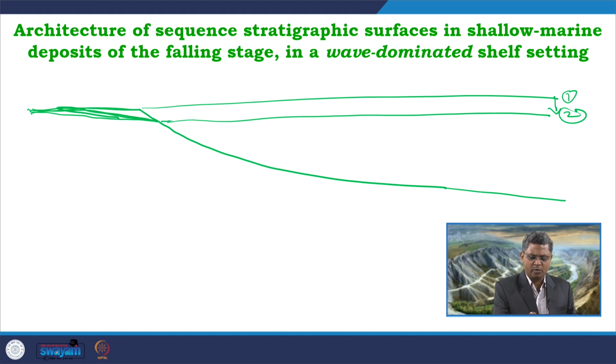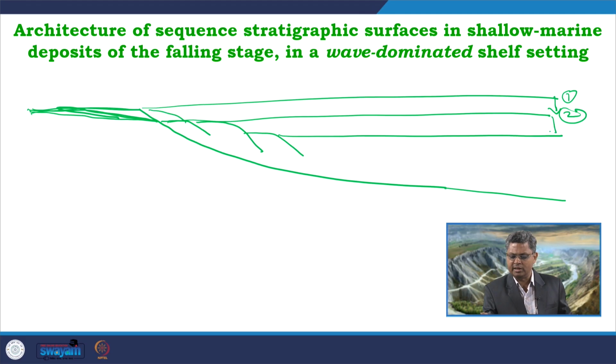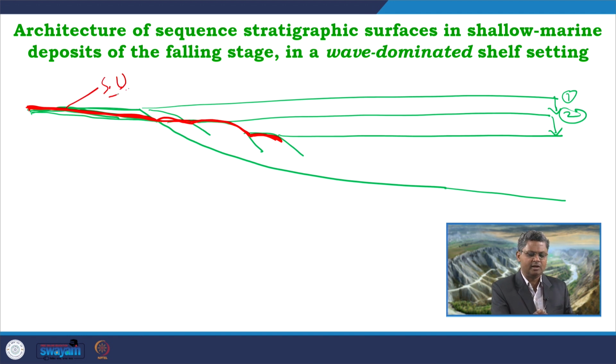This unconformity will continue with successive phases of fall, where we get this kind of forced regressive offlapping packages, which will result with further fall in the base level. So, for the final stage of erosion, what we are getting is this particular surface continuing up to this and this kind of offlapping package on the top part. This is a truncation surface which we commonly call the subaerial unconformity.